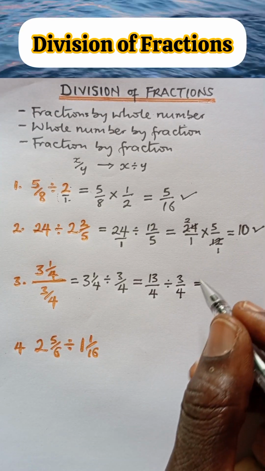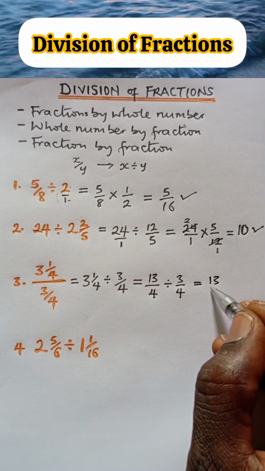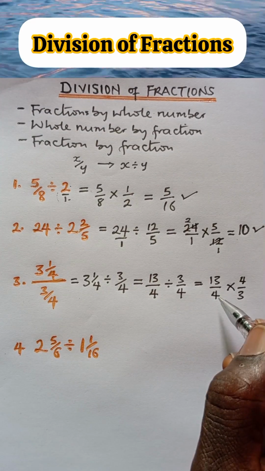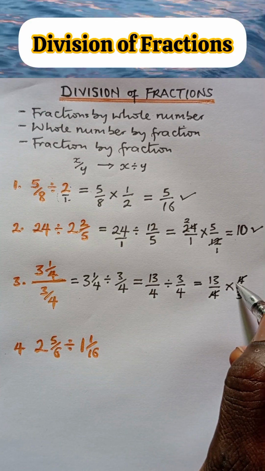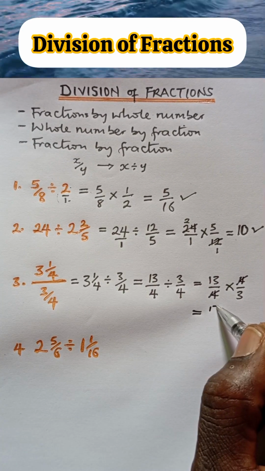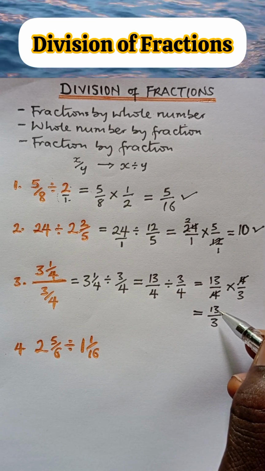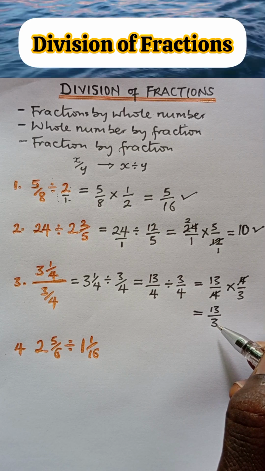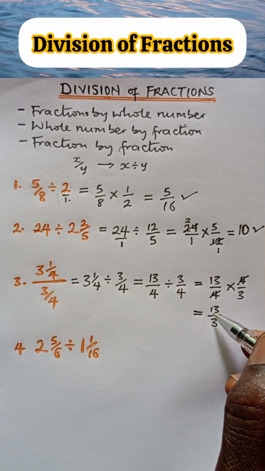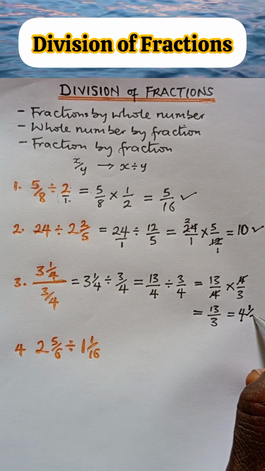So next we are going to change the division sign to multiplication, and this fraction will invert. So we have 13 over 4 times 4 goes up, 4 over 3. Now we can divide. 4 can go into 4, and what we have left is 13 over 3. Now when you have a fraction like this where the numerator is larger than the denominator, you cannot leave it like that, so you have to divide. 3 into 13 gives us 4 remainder 1. So we write it as 4 whole number, put the remainder up, 1 over the denominator, which is 3, and